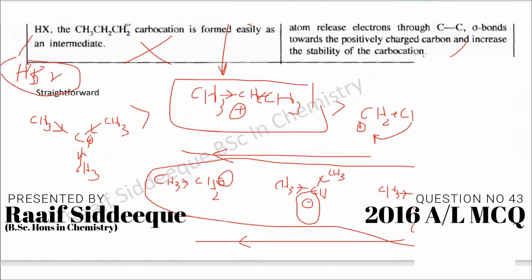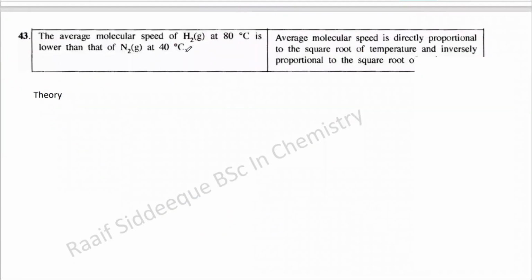Question number 43. The average molecular speed of H2 gas at 80 degrees is lower. So not it's lower, it should be higher because temperature is higher than of N2 at 40 degrees Celsius. The average molecular speed is directly proportional to the square root of the temperature and inversely proportional to the square root of mass. First, identify the difference between average molecular speed, okay, average speed, and let's use the board